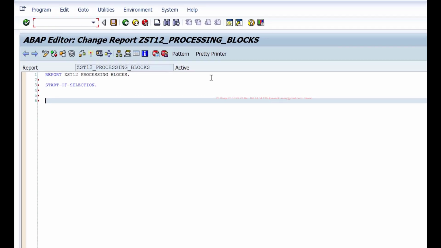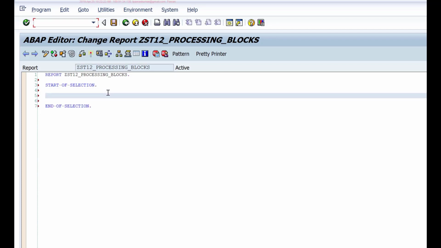For example, let's say you have another event called end of selection. End of selection doesn't mean that it is ending start of selection. It's a separate event. Or I can also say there's another event called, let's say, at selection screen or at line selection. So this is another list event.